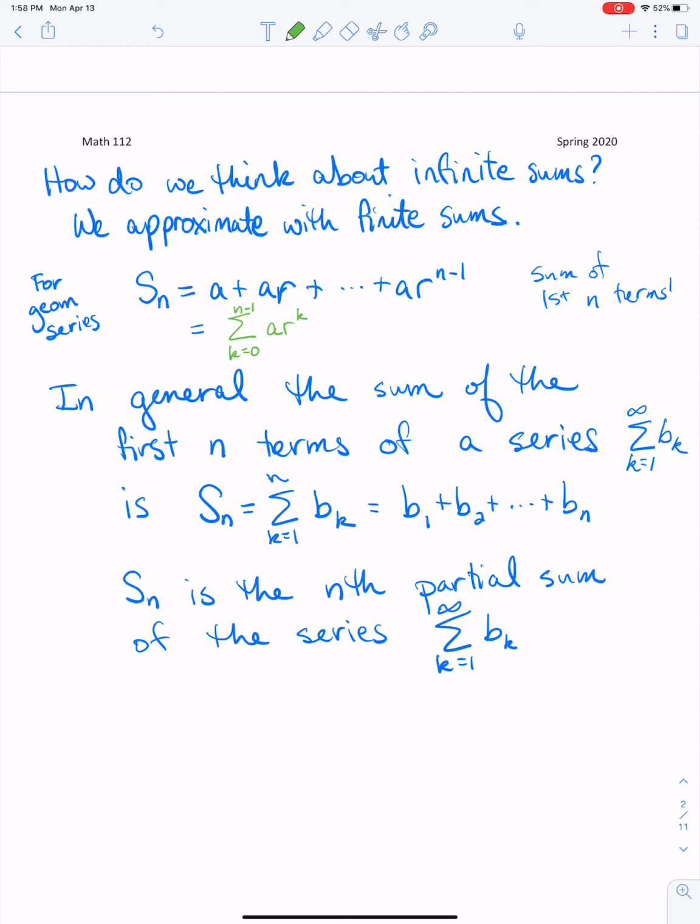So what I want to point out here is, in fact, that the partial sums are a sequence themselves. So let me just do that. Note, so every series has